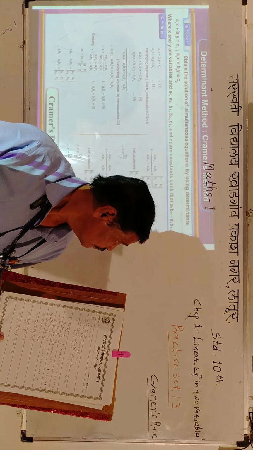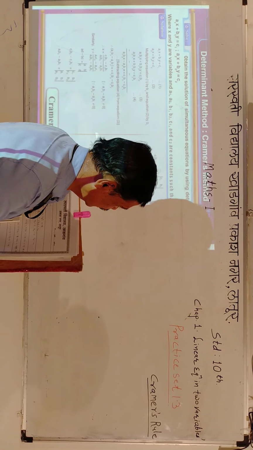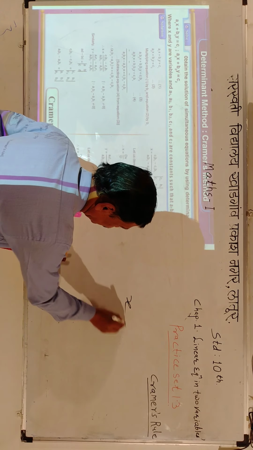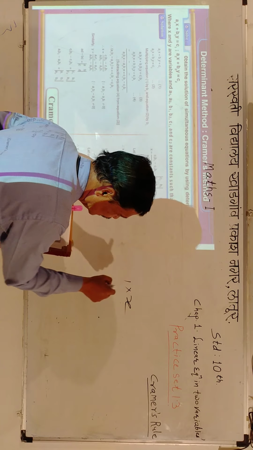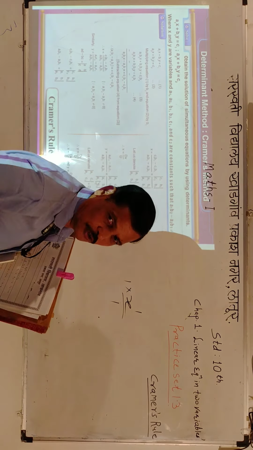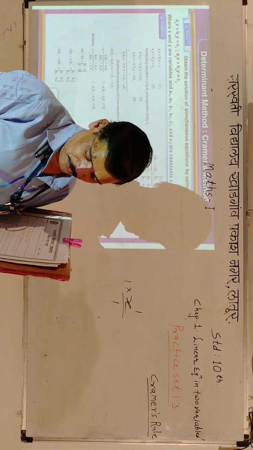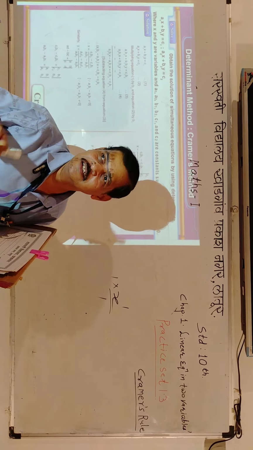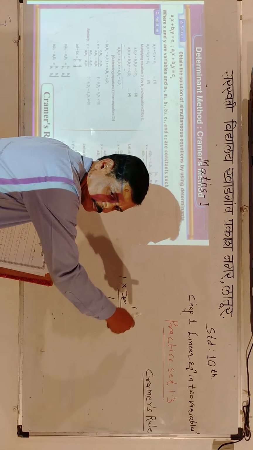Because whenever x is there, the multiplication is 1, the index is also 1 and the divisor is also 1. Everywhere is 1. So I said that everyone's master is 1.